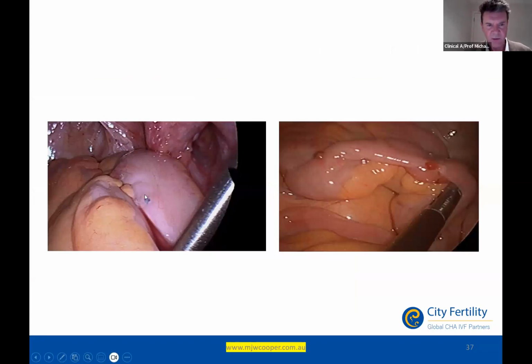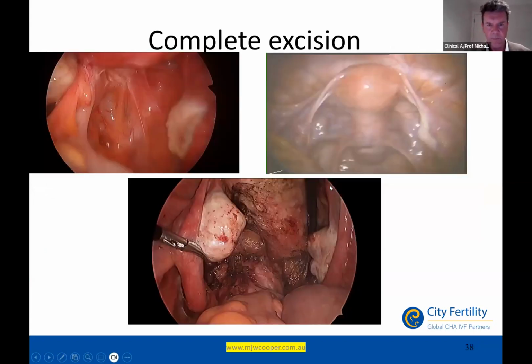More illustrations, the same sort of thing. Again, these small areas. I'll spend a few minutes on this slide because this is a lot of what I see, and perhaps you're seeing in your own world as well. So again, just to go through, on the top right, we've got normal uterus here, cylinder of the cervix here. I've got a manipulator through the vagina and then into the uterus, and then I've angled the uterus 90 degrees forward. So the fulcrum point is just here,